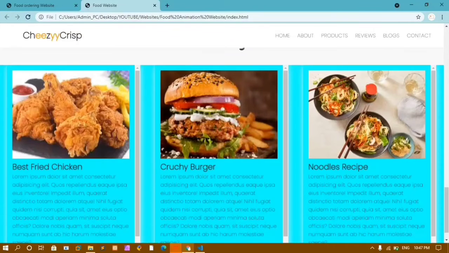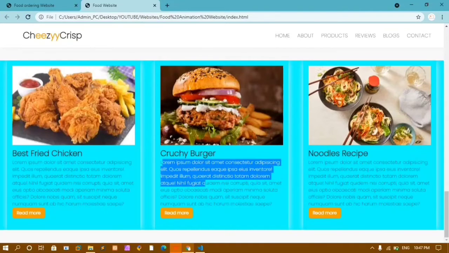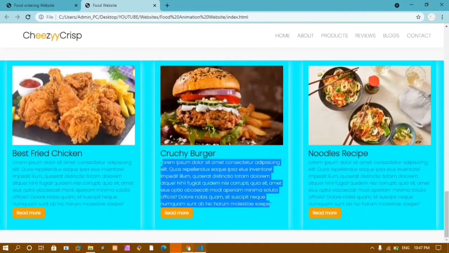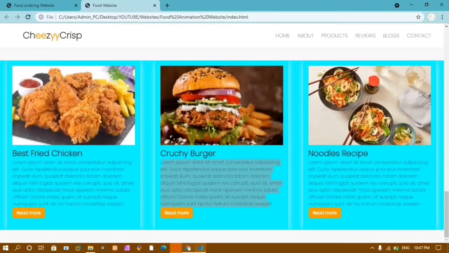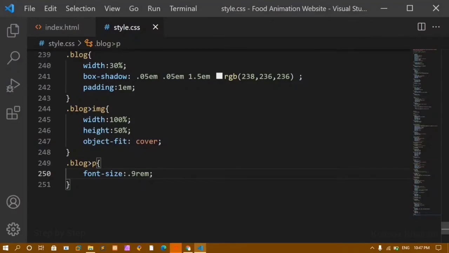I'll save this. I'll refresh this one. Now you can see here that the vertical scroll bar has gone, and also the font size has decreased for my paragraph. Now for this paragraph, you can see the button is fixed. Okay, the button and the paragraph are touching each other. So for the paragraph, I'm just going to give margin bottom